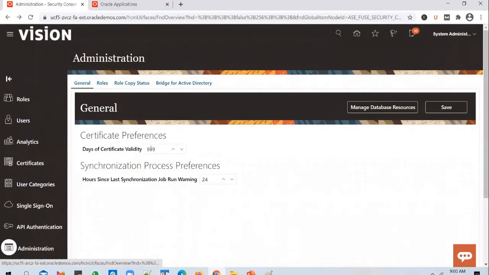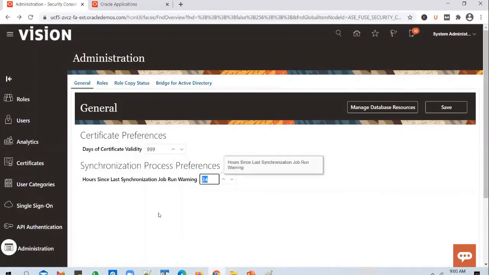That means if you generate a certificate, it will remain valid for close to 3 years, or for 999 days. And you have this synchronization preferences. So what this will do is, it is set up as 24 hours. Earlier, in the previous releases, we don't have this problem in most of the cases in the current release.